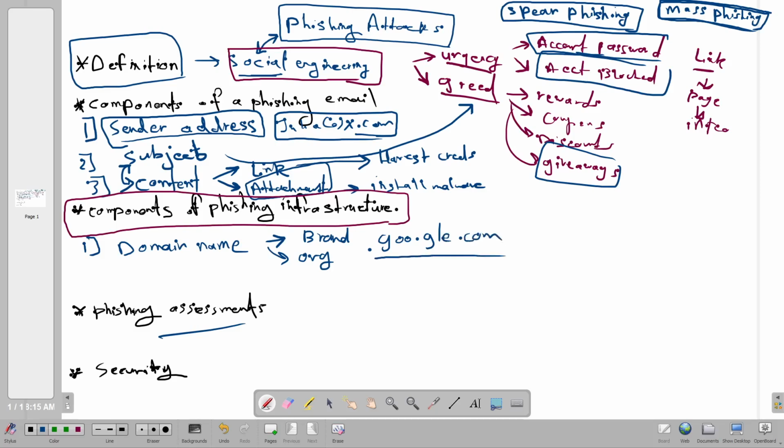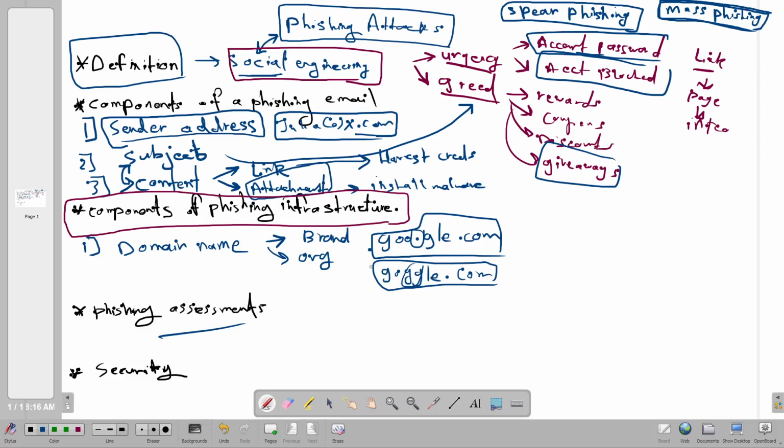Some attackers use this domain name, as you can see, there is a period in the middle. Some attackers use this domain name, Goggle.com. As you can see, this is a typo. It's called typosquatting: you make some sort of typo on purpose in your domain name, so that the person thinks that this is the original domain name, which is Google.